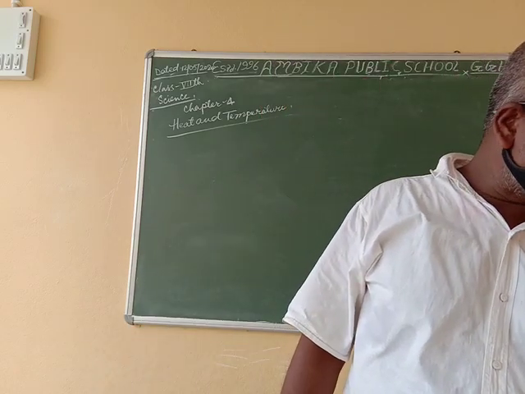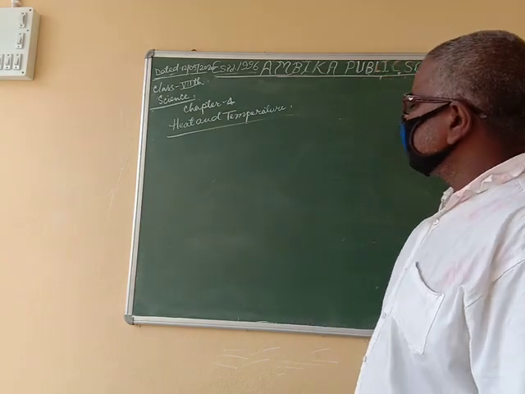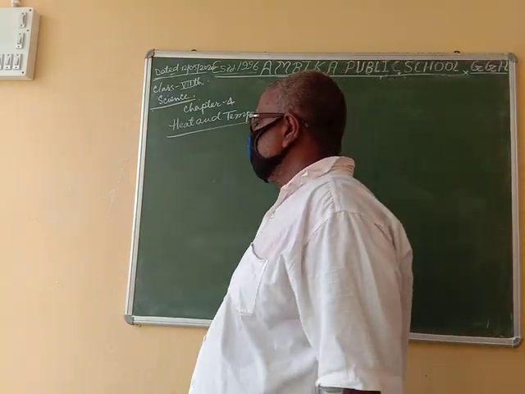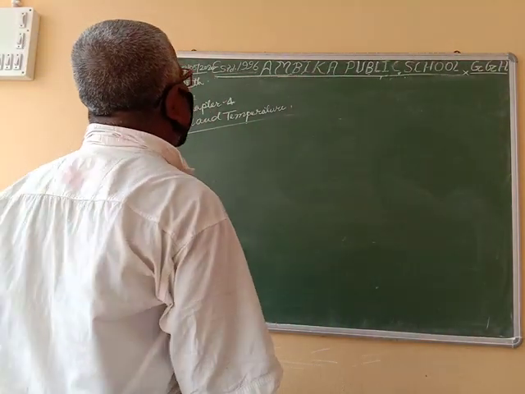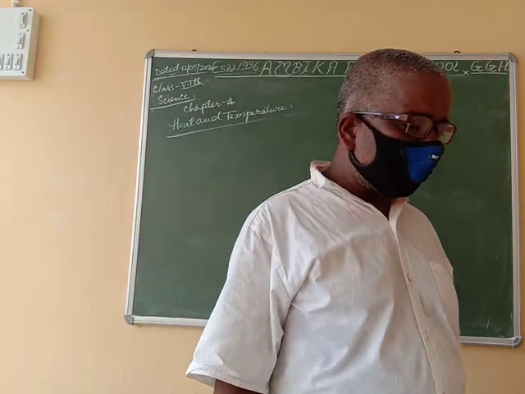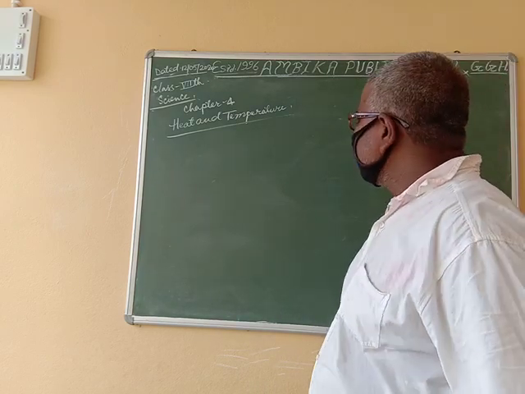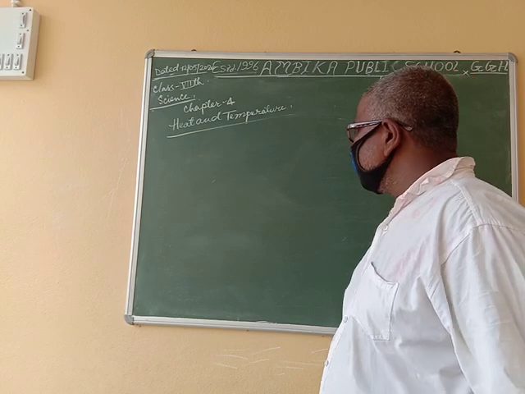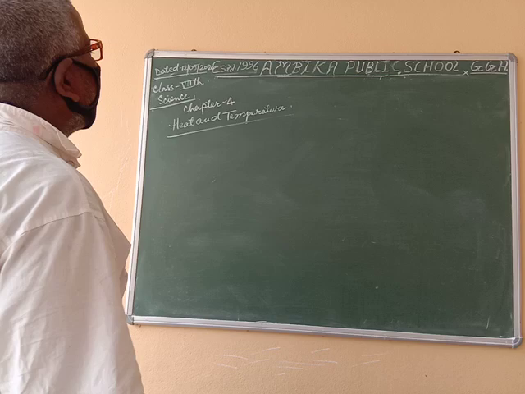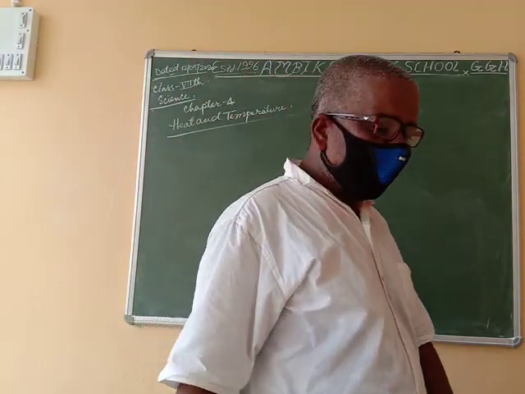We are going to start a new chapter of this science, chapter number 4. This chapter belongs to the chemistry part, and I hope whenever you have the book, you will see that the colors of the different portions are different. So in chapter 4 we are going to start heat and temperature. In this chapter, we will study what is heat and what is temperature. In today's introductory class, I would like to give you the definitions of these two points, and after that we will describe them in detail.